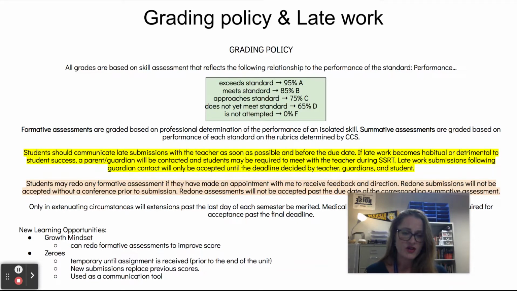If they're sort of getting there, but it needs a bit more work, that's a 75. If they submitted their work, but they're just not quite meeting the mark, they're not quite understanding that specific skill, then that would be a 65%. And at that point, I would want to meet with that person and talk with them about what we can do to improve that grade and to make sure that that skill really locks in.